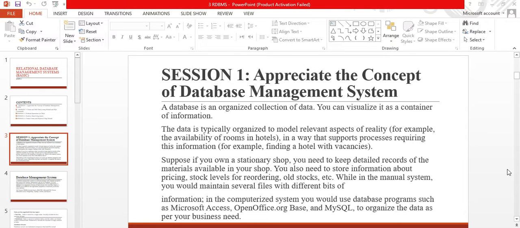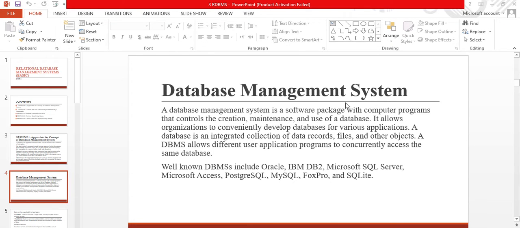The database concept has evolved since the 1960s to ease increasing difficulties in designing, building, and maintaining complex information systems, typically with many concurrent end users and with a large amount of diverse data. In this lesson, you will learn database concept and to work with the database management system, DBMS. Now, what is database management system?